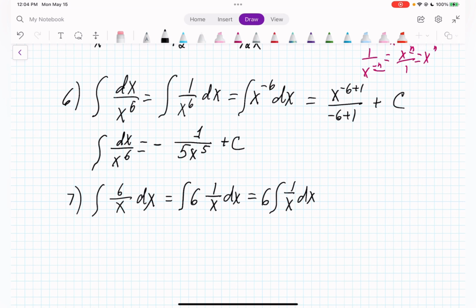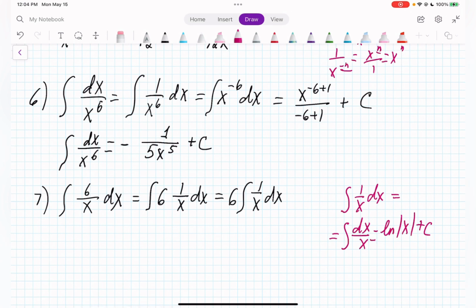And we are reaching the integration formula where the integral of 1 over x dx, or you can write it this way, the integral of dx over x, is equal to